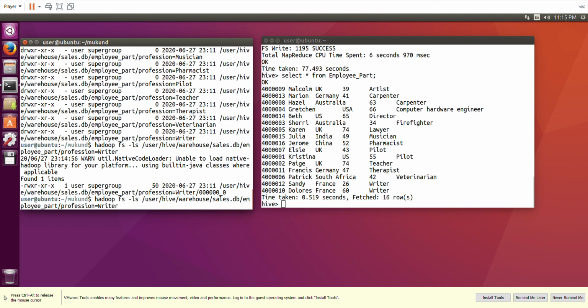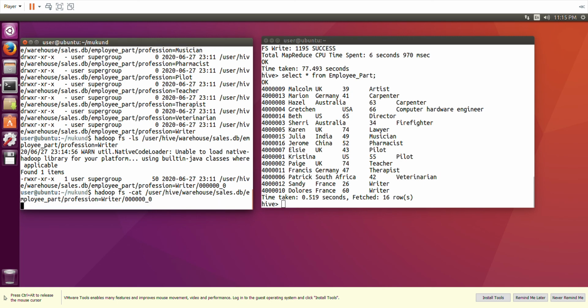So now let us see, can we go for visualizing this data. So 6 underscore 0, and we are going to do cat. So cat that and press enter.